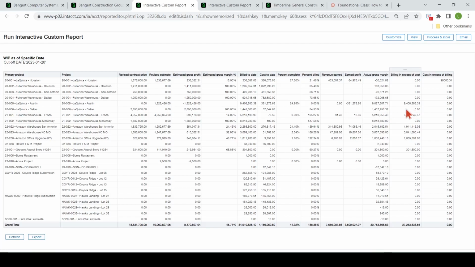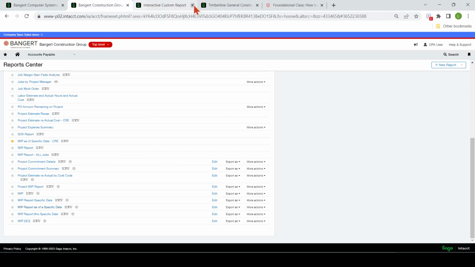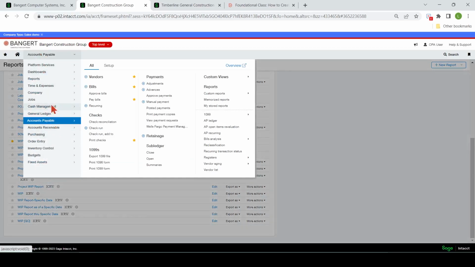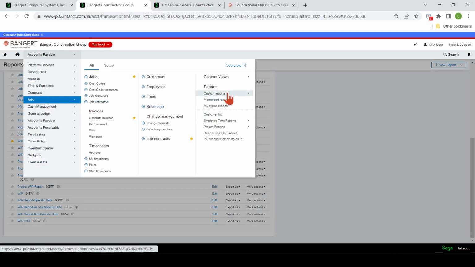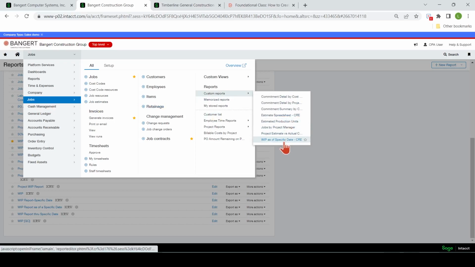did we miss a billing? Did we forget to bill on it? Here's your under billings column. Where are we at on the job from an overall perspective of billings versus costs and percent complete? Okay, let's go back to the report menu. And again, these reports, if you go to the specific areas, can be housed in here. So there's that one right there.